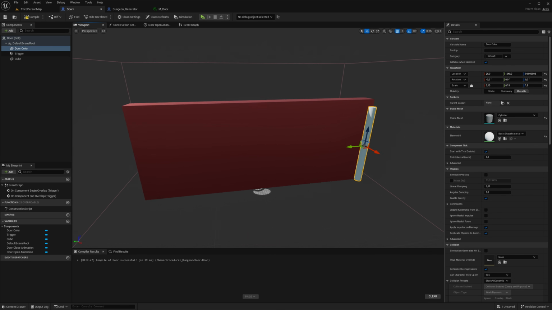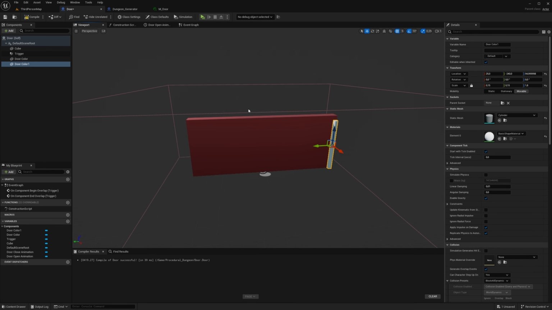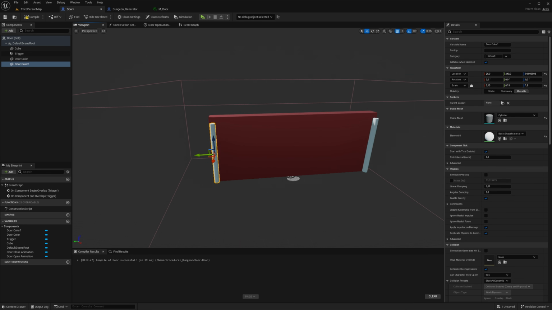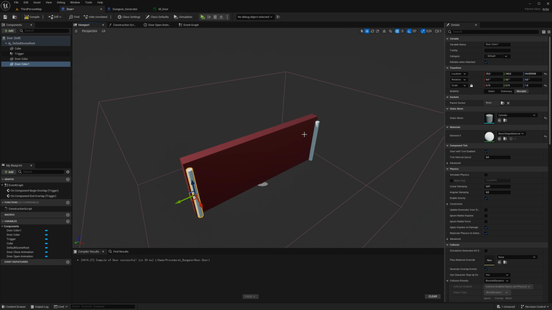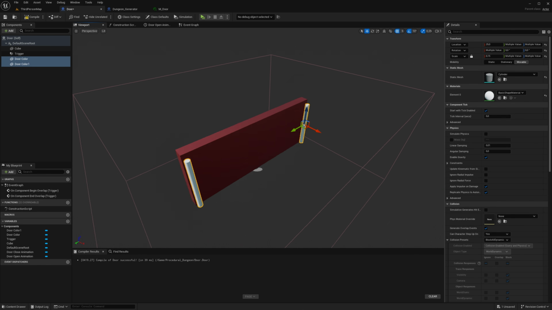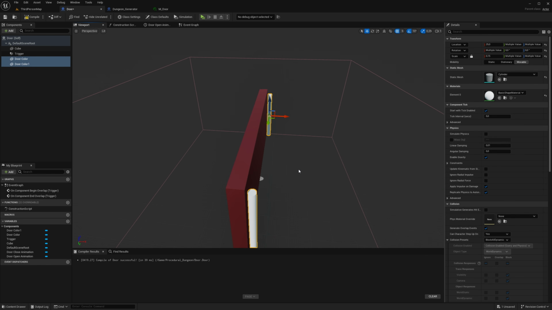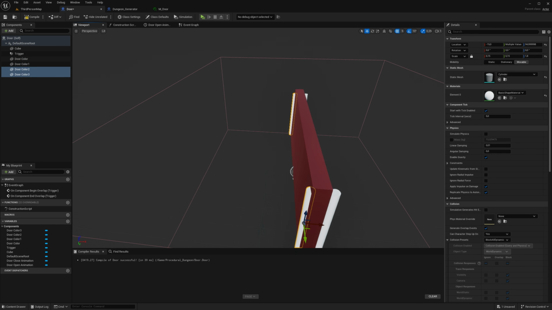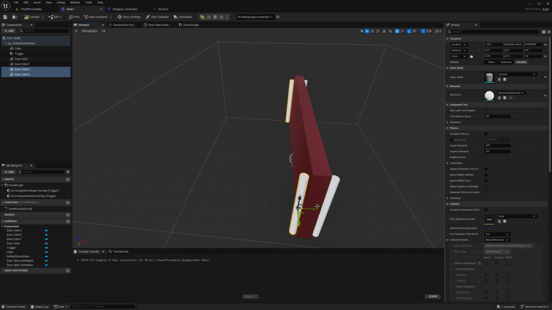So yeah, these will, okay, let's just copy this, copy paste, Control C, Control V, move it over like this. Select both of them, Control C, Control V, and put them on the other side too.